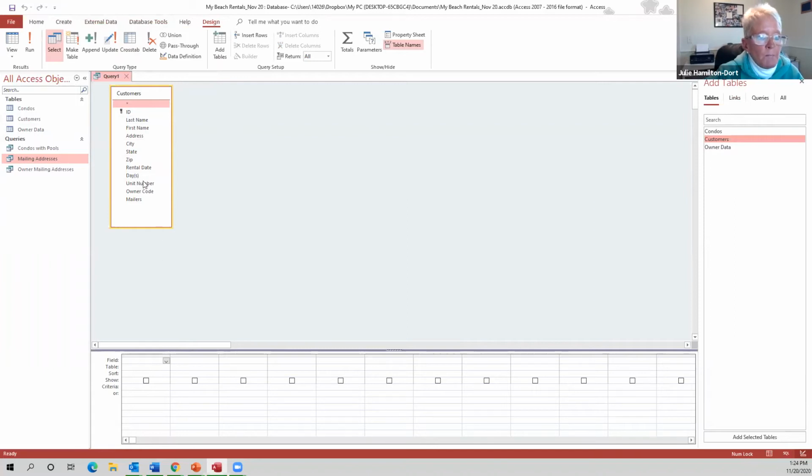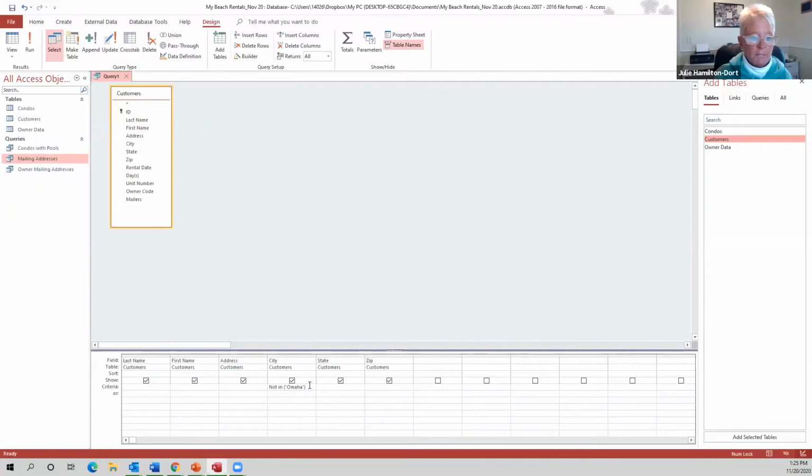For instance, maybe I want state, zip. Maybe I want to tell this that underneath criteria, you can do quite a bit. So underneath criteria, I'm going to put in here, I can put not in, and in parentheses and quotes. Maybe I want to look for a population outside of Omaha, because Omaha is renting a